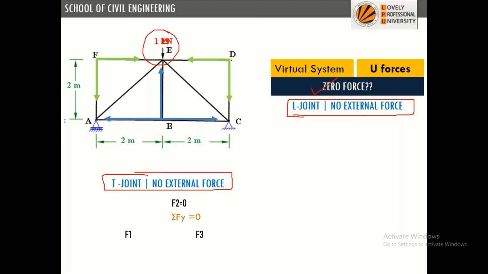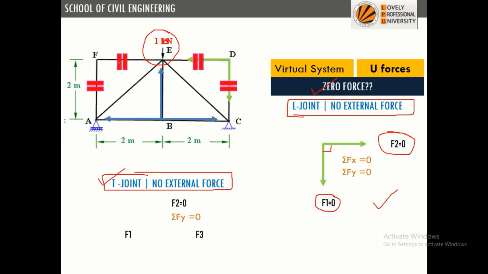Similarly, in joint D again two forces are there and they are forming an L shape. So this is a case when members are forming an L joint and there is no external force. When we use the equations of equilibrium, that is sigma Fx equal to 0, we find that the force in this member will be 0. And when we do sigma Fy, we will find the force in this member will be 0. If the angle is not 90 degrees, then also the forces in both the members will be 0. Right? You can try this. And so these four forces are going to be 0 from this L concept.